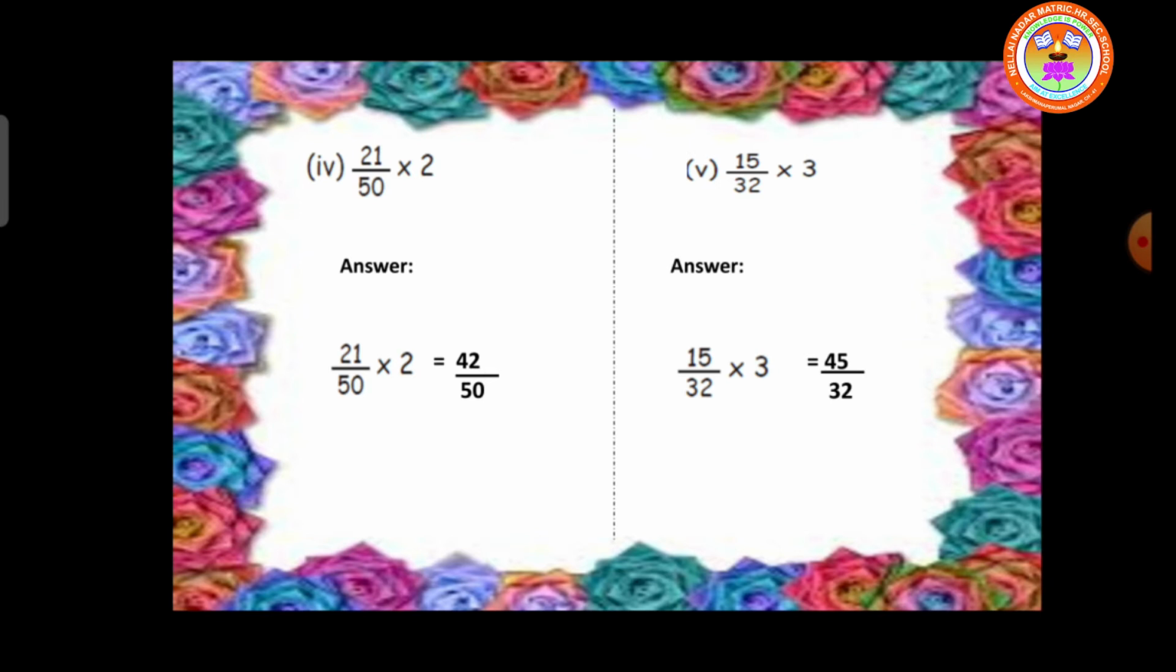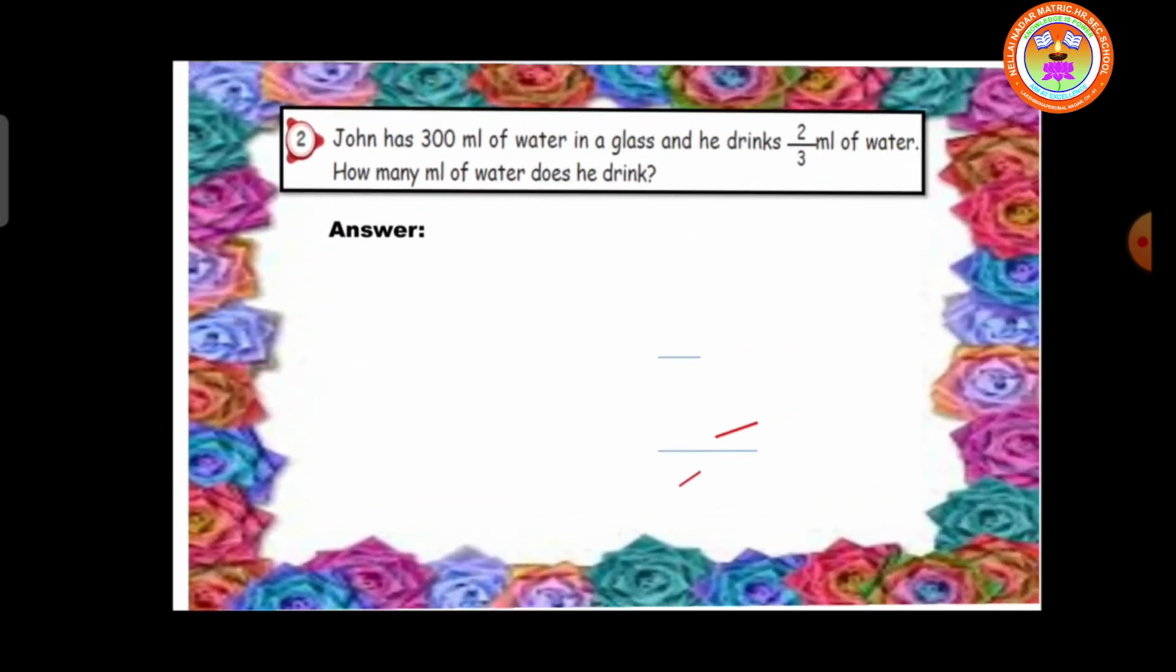Then see the fifth problem. 15 by 32 into 3. 3 15s are 45 by 32. Is it clear? Very simple problems. Next,